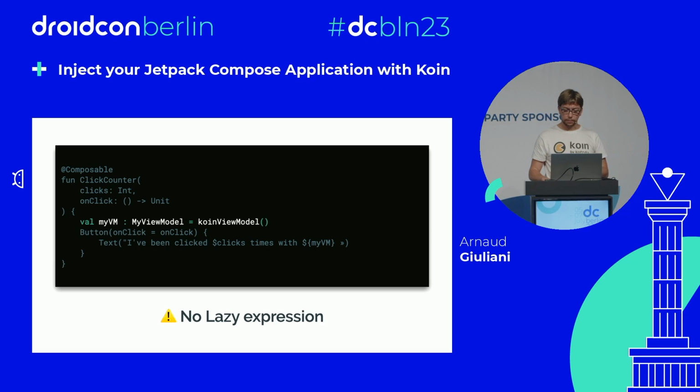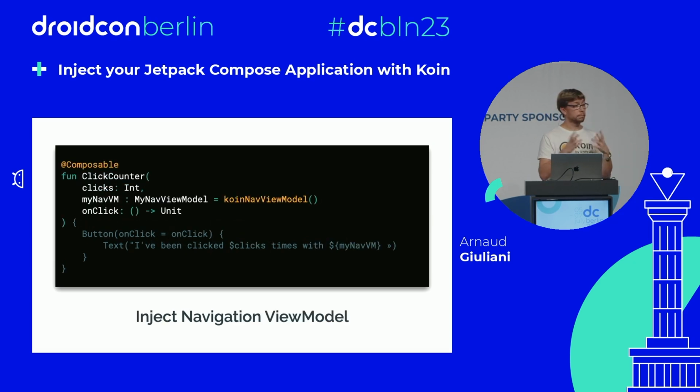Of course, you can use this view model instance inside the body of your function, and that's it. If you are using navigation data and you want to use the navigation stack inside your view model, then you can use the Koin nav view model. Sorry, it's a bit complex, but we need to bind all the kinds of concepts you have here. Then Koin nav view model is about the view models that are bound to the navigation stack here.